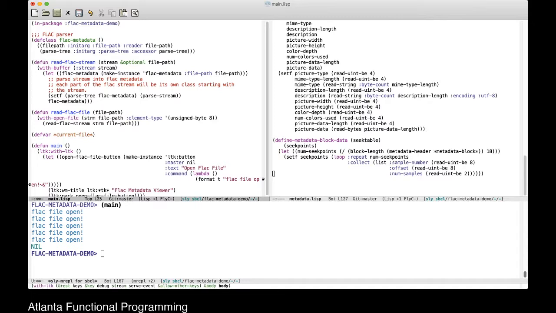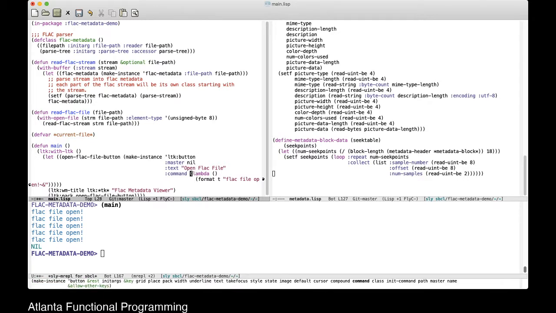Then here, in our open FLAC file, we need to first open up a dialog. Now, a dialog in LTK is somewhat interesting because it is a special thing that is part of the LTK library. But right now,